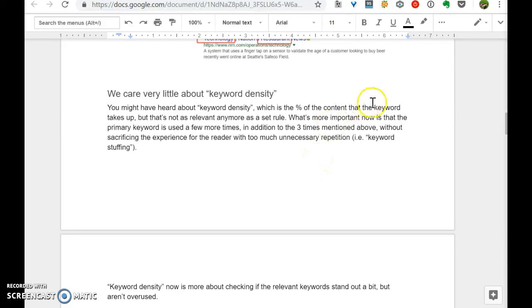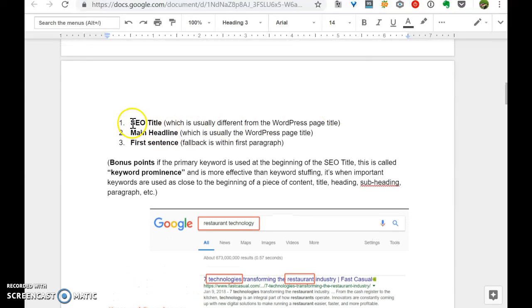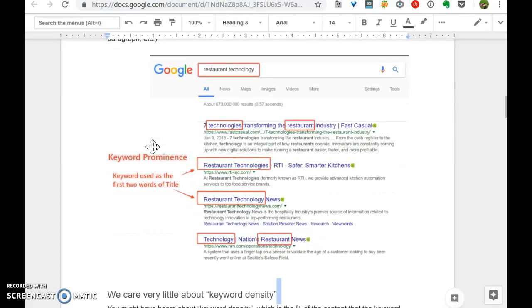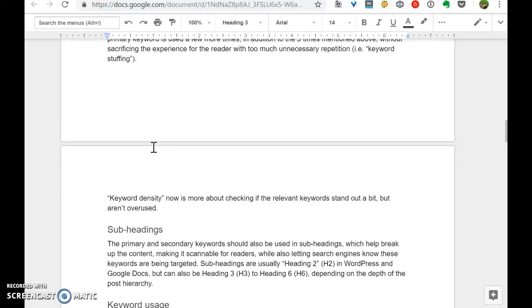If you follow the basic rules of using the primary keyword in the SEO title, main headline, and first sentence, and then sprinkle it a few places throughout the post, and even use some synonyms in some cases, that gets us where we need to be. It doesn't need to be overly done. There's no hard and fast rule, like do it 5 times or 8 times, because it's relative.